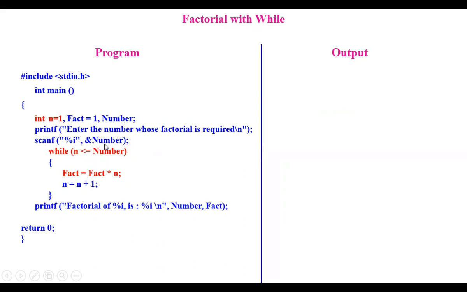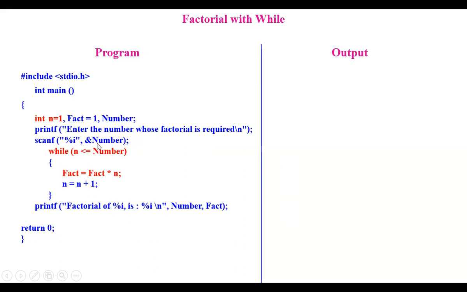This number is entered by the user and that is assigned to this number. This loop continues while n is less than or equal to this number. Okay, now fact is equal to fact into n. The n value is incremented here and the final result is displayed. The number, right? And that is the factorial of